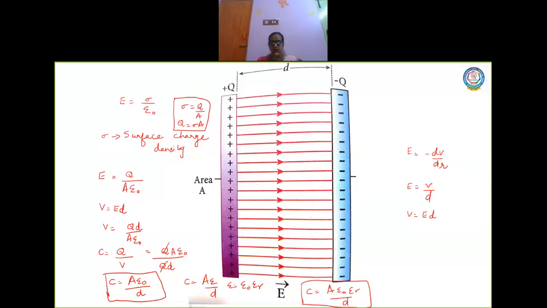Potential also will decrease in the sense that, again take this formula, V is equal to E into D. Now if distance has proportionality with V, so if distance is going to be decreasing, the potential also will decrease. As a result, what happens? The voltage difference between the terminals of the battery, now this will be connected to a battery. So what happens to the potential difference in the battery? The potential difference in the battery will increase, which increases the charges.